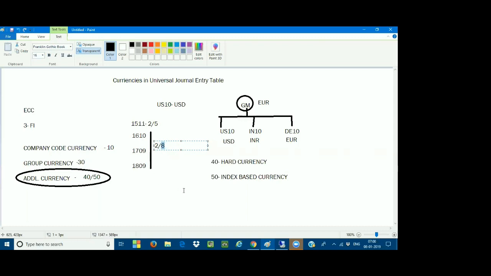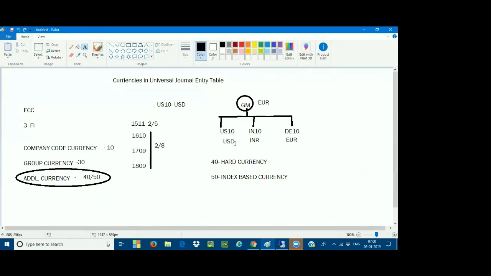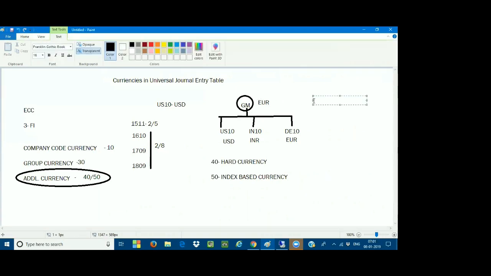Here I'll take one example. 10 is my USD and 30 is my euro. Here I'm using only 2 currencies. But now in my SAP, I'm posting only one transaction. For example, salaries: the salaries account is getting debited and the cash or bank account is getting credited. This is the accounting entry I'm posting in my SAP.